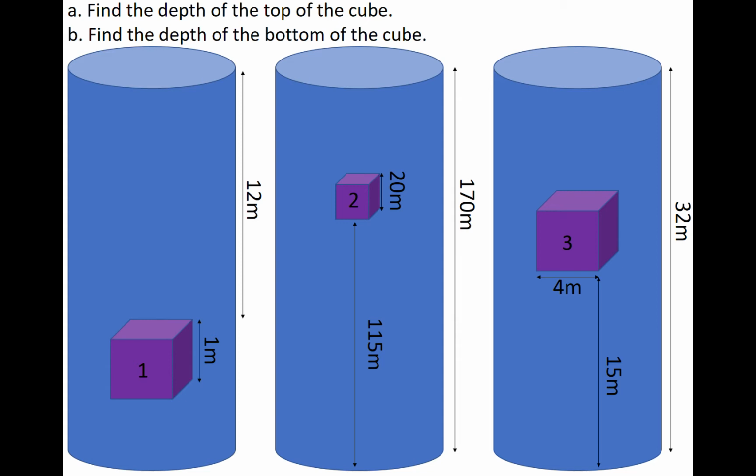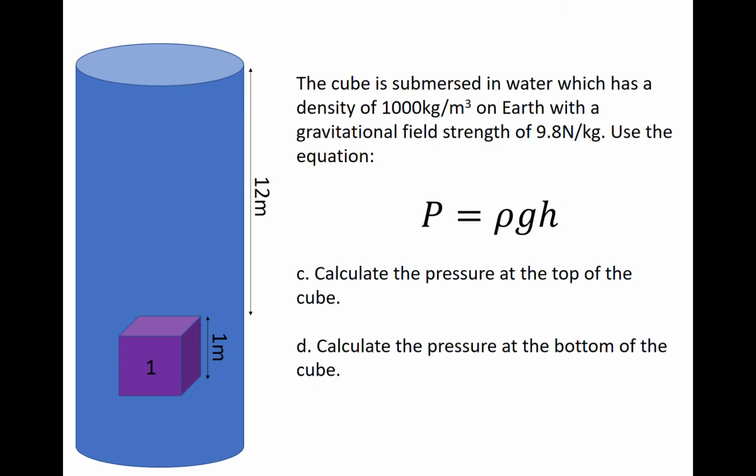We'll start with A. Find the depth of the top of the cube, and B. Find the depth at the bottom of the cube. Pause the video now to attempt to do this. Next, cube 1. The cube is submersed in water, which has a density of 1000 kilograms per meter cubed, on